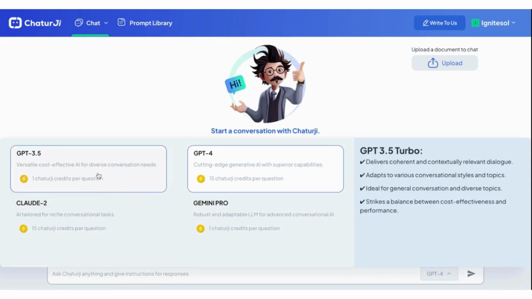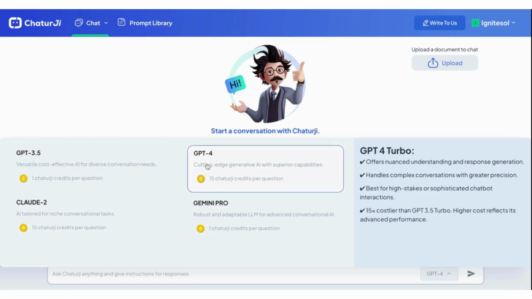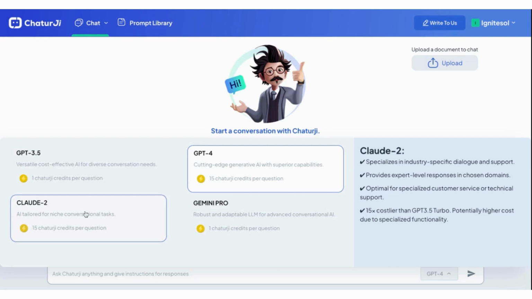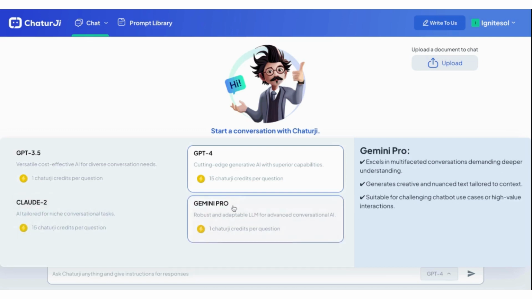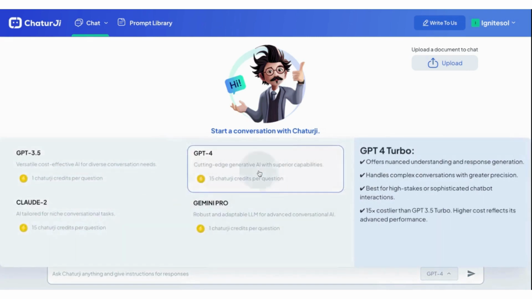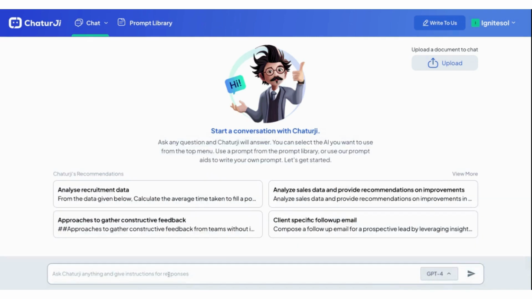We currently have GPT from OpenAI, GPT-4. We have Gemini Pro from Google. We have Claude 2, and I think within a day or so we'll have the new Claudes available. And over time we are going to be adding a lot more AIs, but these are the best AIs available today that we have access to. And then once you select, in this case, let's say I select GPT-4,